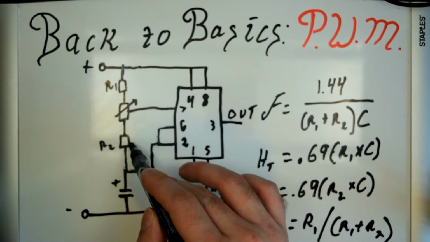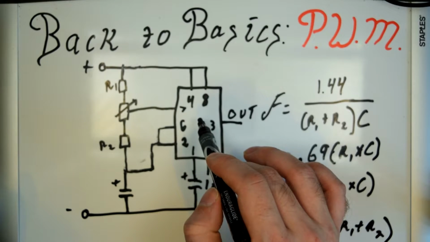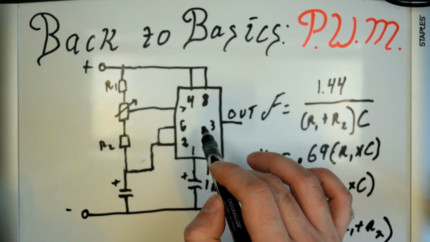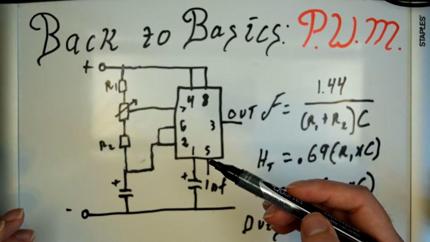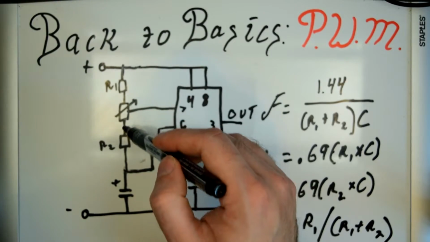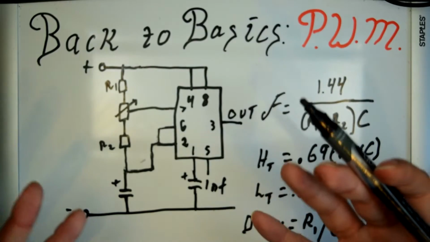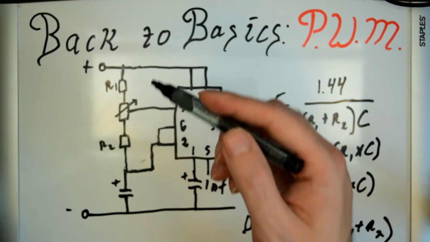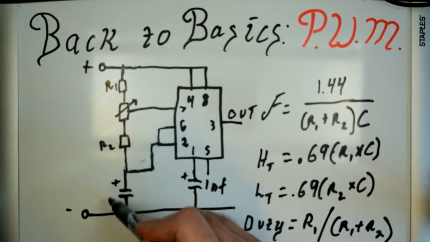The reason why you have these resistors on either side of the potentiometer is so that you don't crash the 555. Because if any of these values goes to 0, it doesn't know what to do, and it gets stuck. So you need some sort of minimum value on either side, which you can basically pick arbitrary values. I have a 2K resistor and 330 ohm resistors on either side,